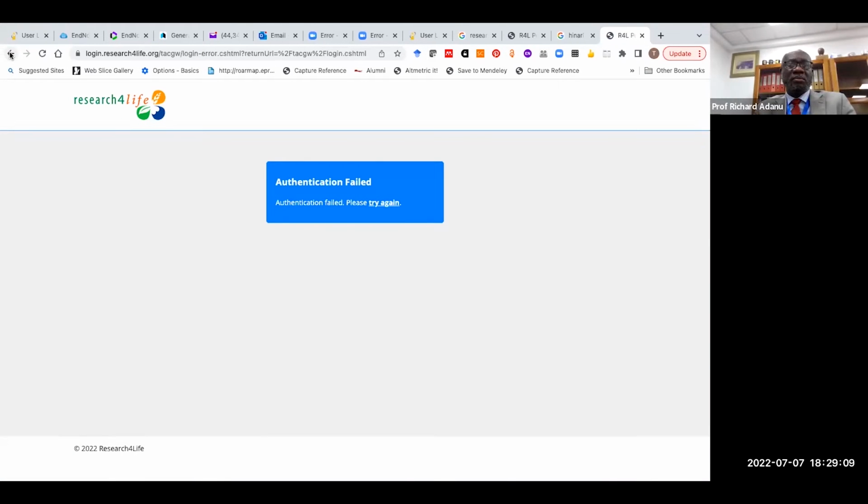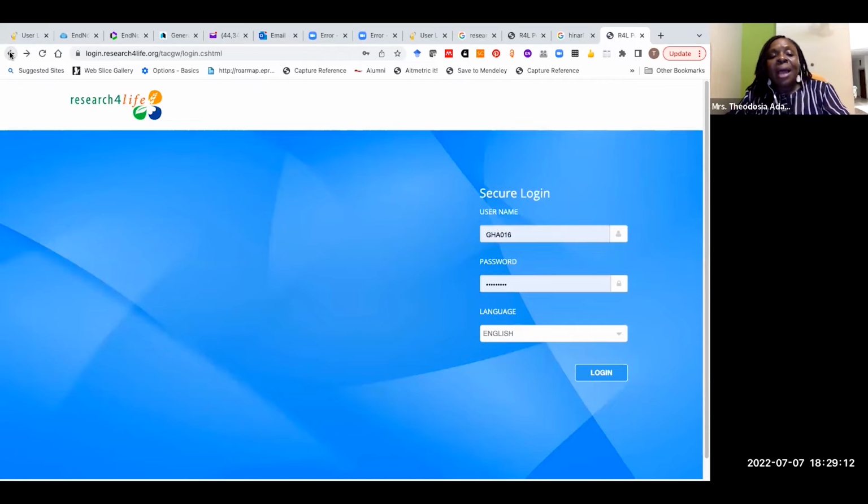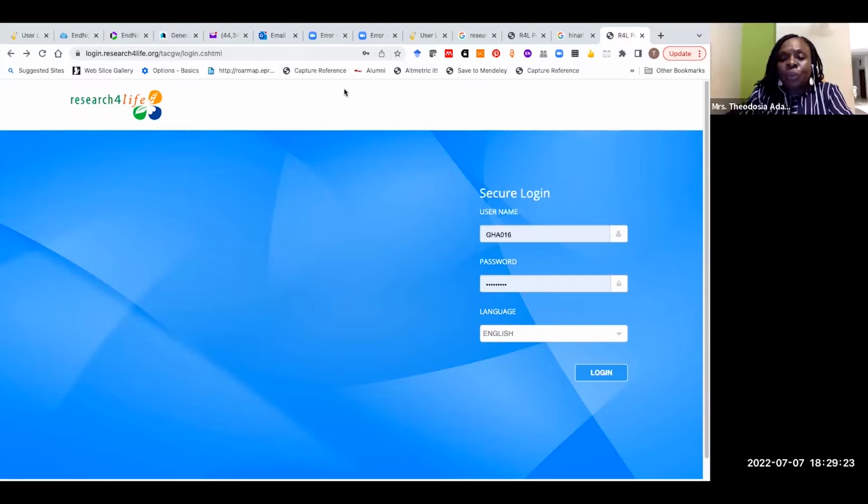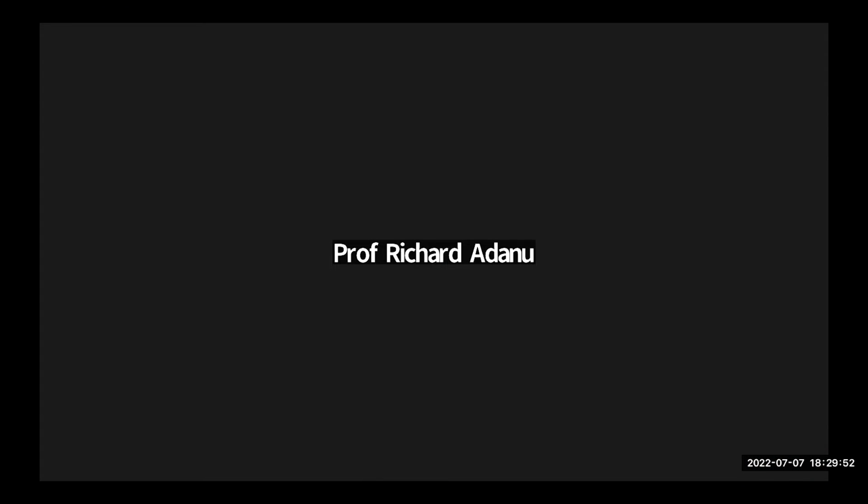Okay, so I'm going to try and use the college option. But Patrick, if you can log in from your end and share your screen, I'll be grateful. So let me stop sharing. Then you log into Hinari from your end, and then we can just go through it. So you want him to log in? Yes, if Patrick can log in. Let him just go like I did and enter the username and password like I did. It's researchforlife.org actually.